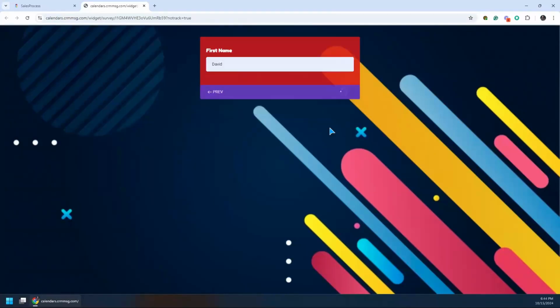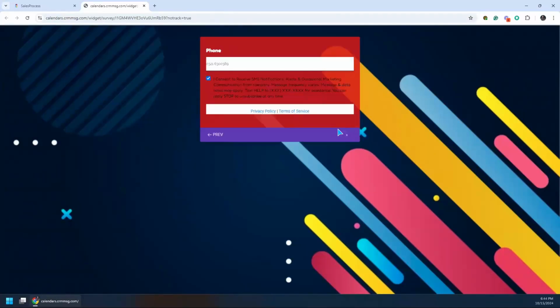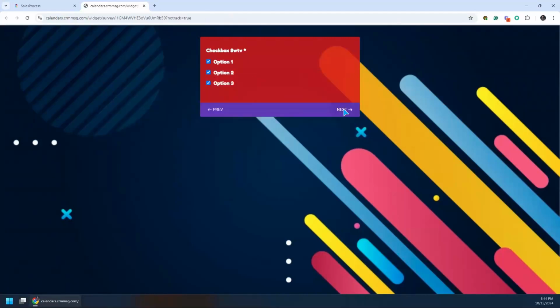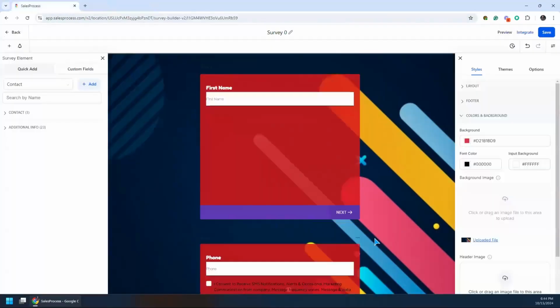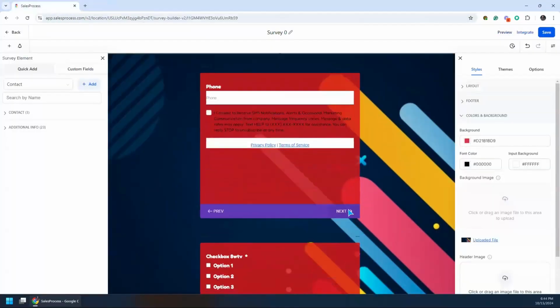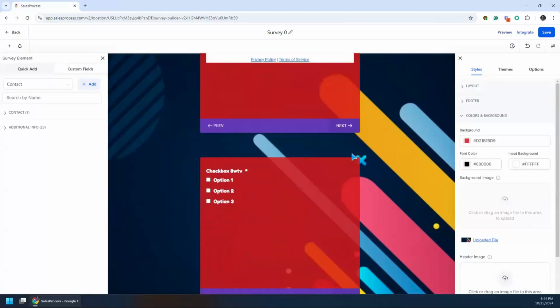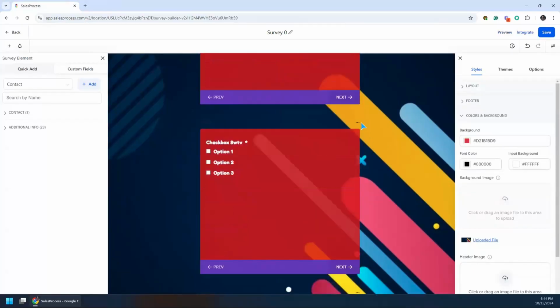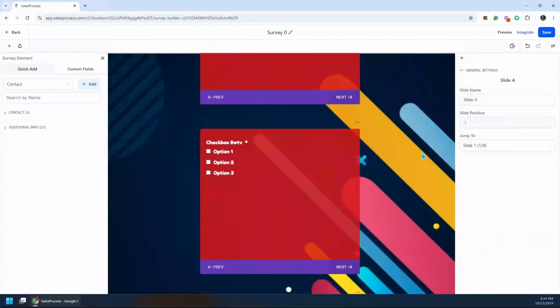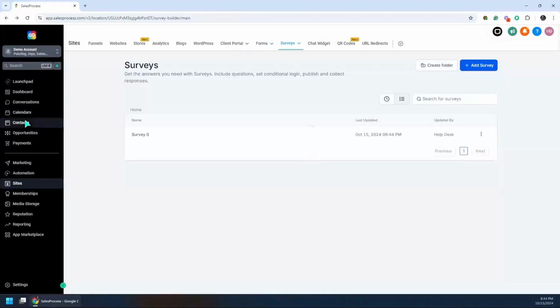Okay, let's select all 3 options. We are still on this one. Now the interesting part is it's a loop, so we need to break that loop from here. We need to tell it to break the loop to the next slide, and so on and so forth. So this data will also be collected in your contacts